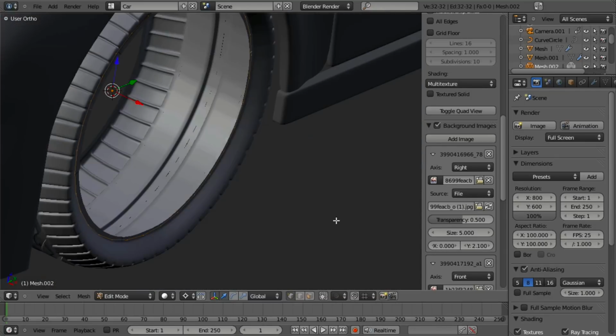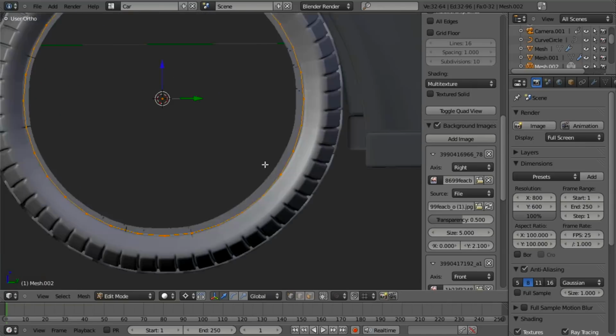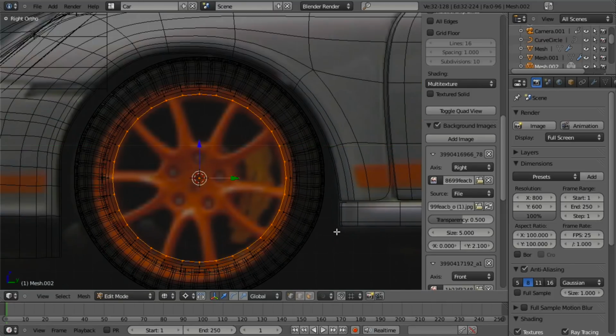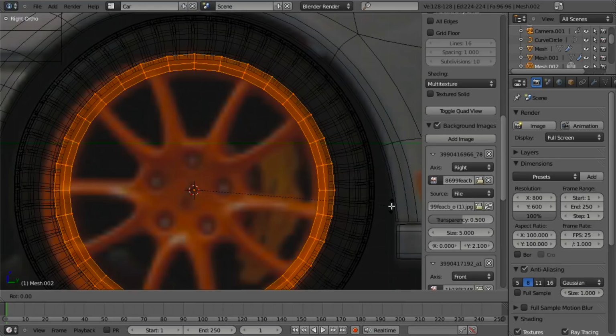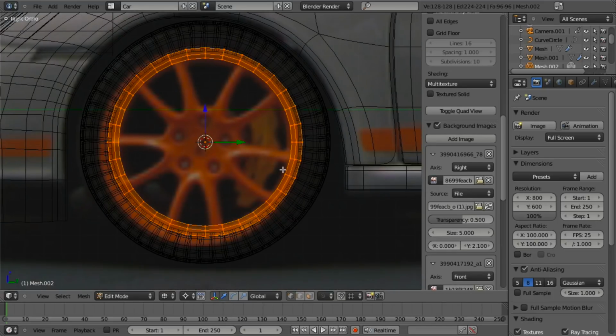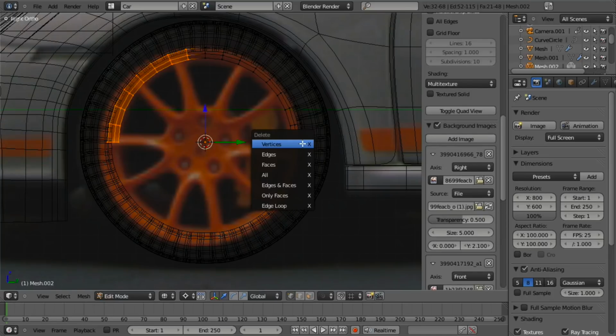Okay, and then let's go ahead and extrude it out along the x-axis. We'll extrude it in one more time, and leave it there. So now what we need to do is figure out exactly 1/4 of this. First off, let's delete this by half, delete the vertices, and same thing here, delete those